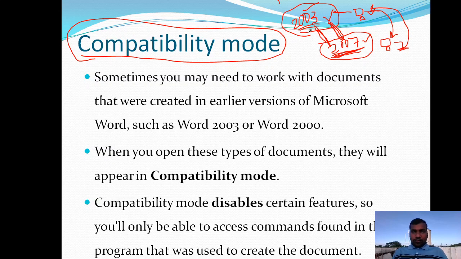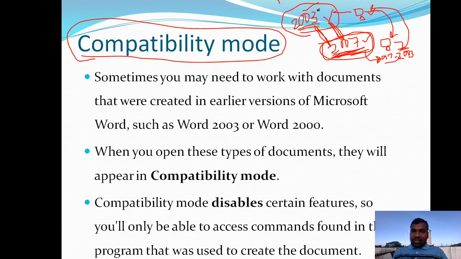But if you are saving a document in 97-2003 format on a PC which is installed with 2007, then the features available in 2007 are not all supported with this format. Are you getting the point?